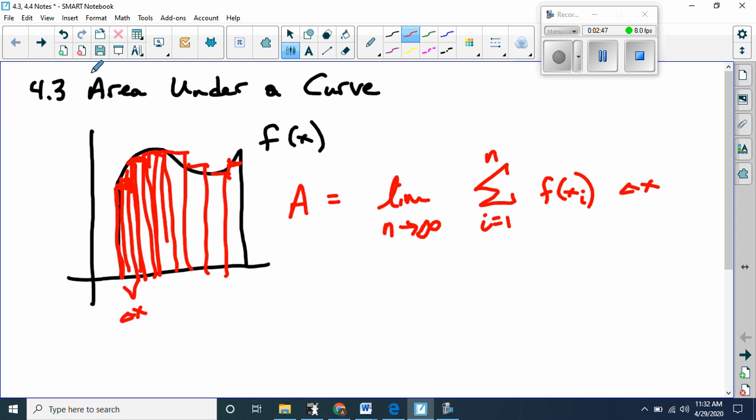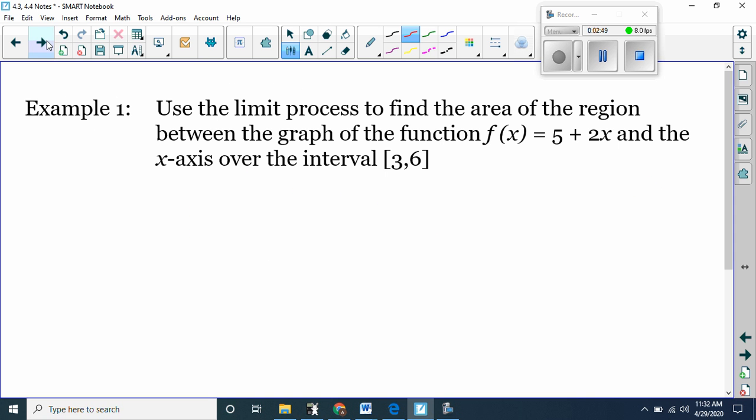So let's take a look at how this is going to work in a problem. This one asks us to use the limit process, that's what we're doing, to find the area under the curve f of x equals 5 plus 2x and the x-axis on the interval from 3 to 6. The way we're always going to do it by the limit process is to evaluate the limit as n approaches infinity